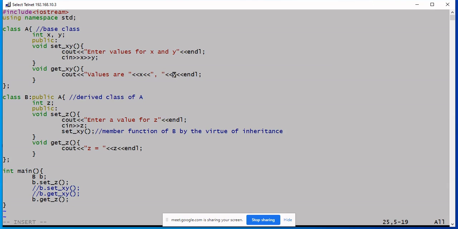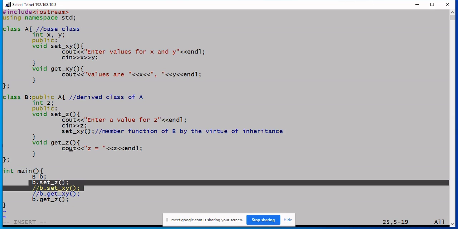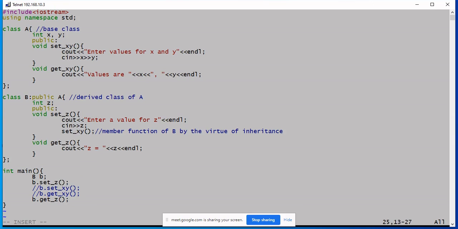I gave you the solution for one set. Yes, ma'am. We can call get xy function in get z function. Correct. So when I am present in get z function, I can call get xy.